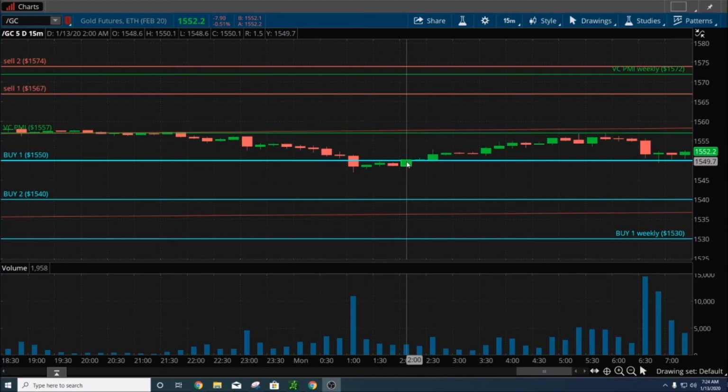So we have our position in place, structured in place, long at 1550.50. My stop is 1550. My target is 57. Once we get to 57, the daily would go neutral, and we'll look at the market action again and see what the market does.